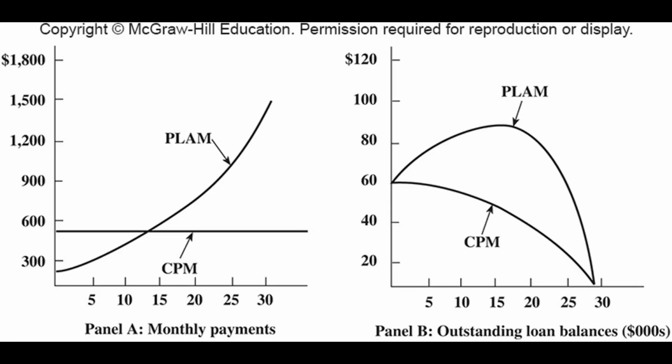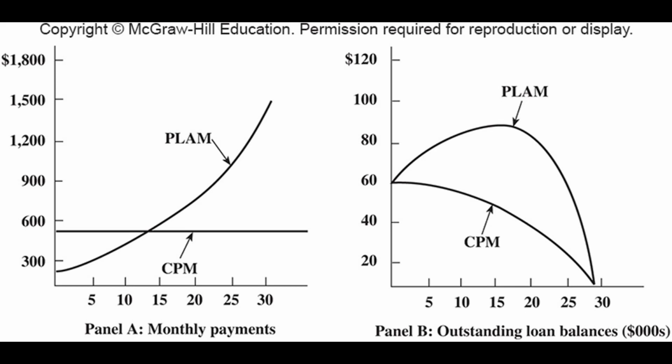Adjustable rate mortgages, or ARMs, are mortgage loans with interest rates that are tied to a market rate or index and may change with market conditions. Price level adjusted mortgages, or PLAMs, are ARMs where the loan balance would be adjusted up or down by a price index. So let's assume that a mortgage is made for $60,000 for 30 years at an interest rate of 4%, and the loan balance will be indexed to the Consumer Price Index and adjusted annually with annual inflation at